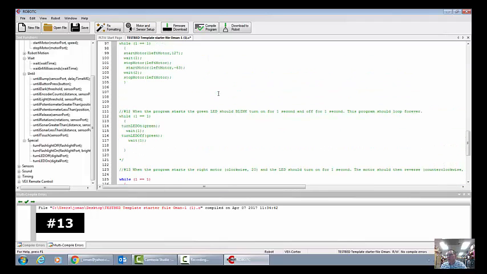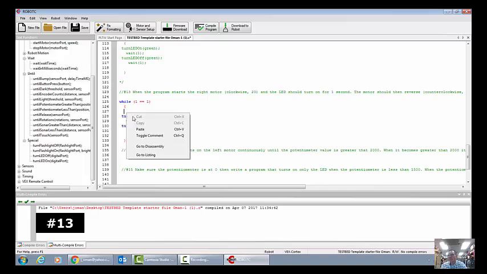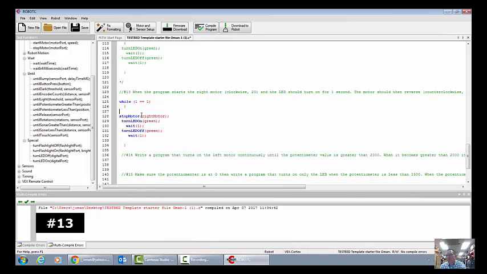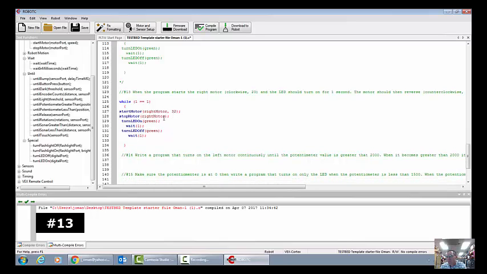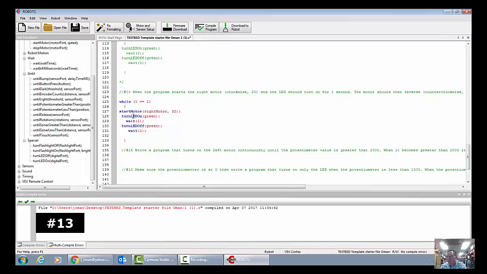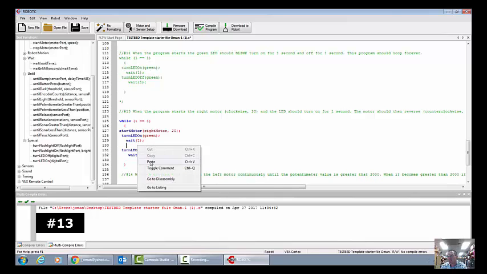Okay, so we've got a start motor, right motor. Let's find one of those. Don't need the until touch there. So we need a start motor, we need a turn on LED, we need a wait time for 1 second, speed 20, okay. Okay, and then we need a stop motor, right motor. So let me paste the rest of that statement. There we go. So the motor will stop, the LED turns off,